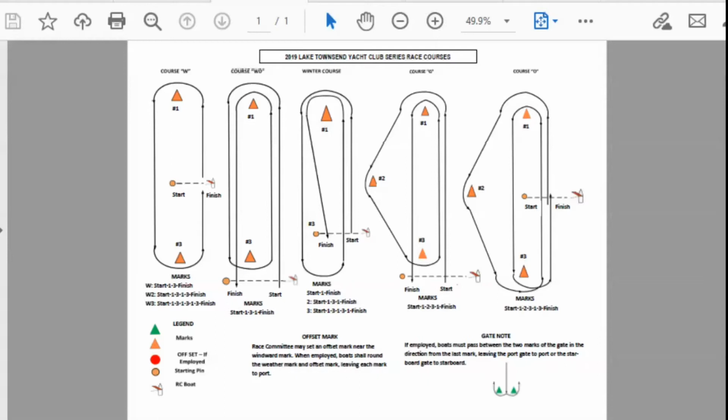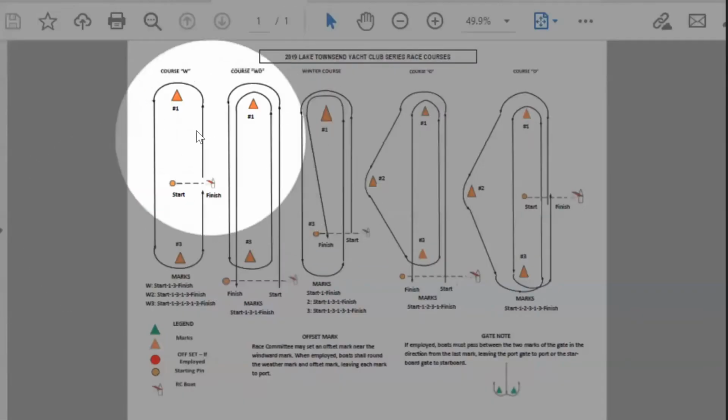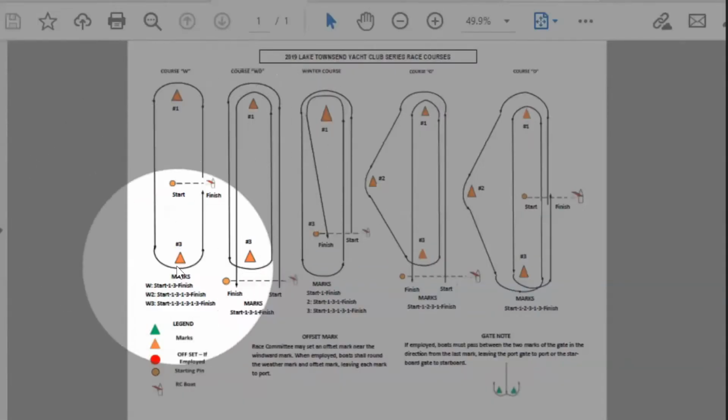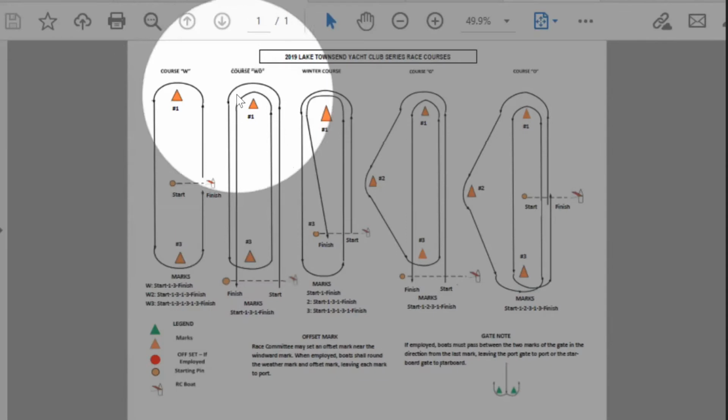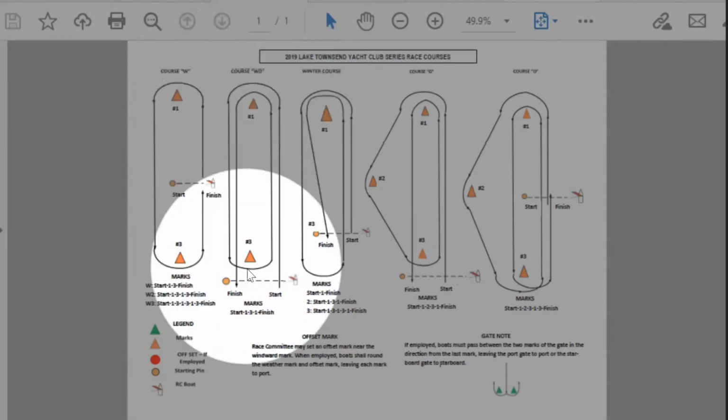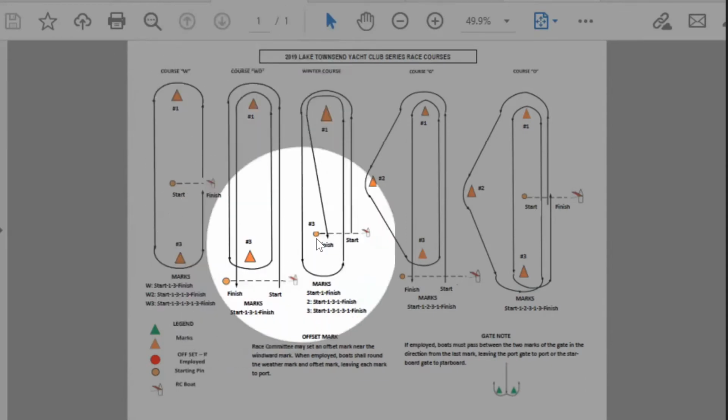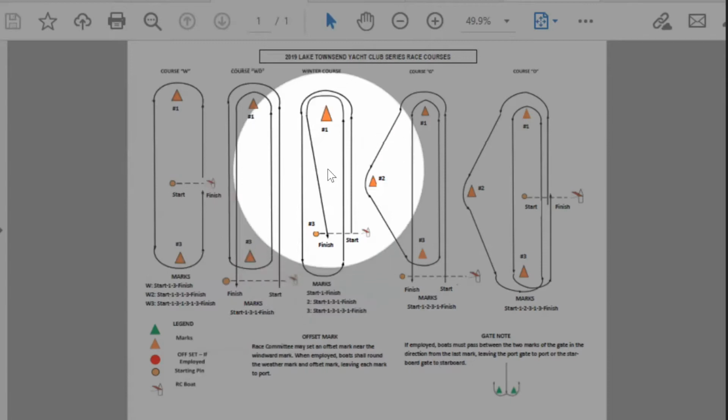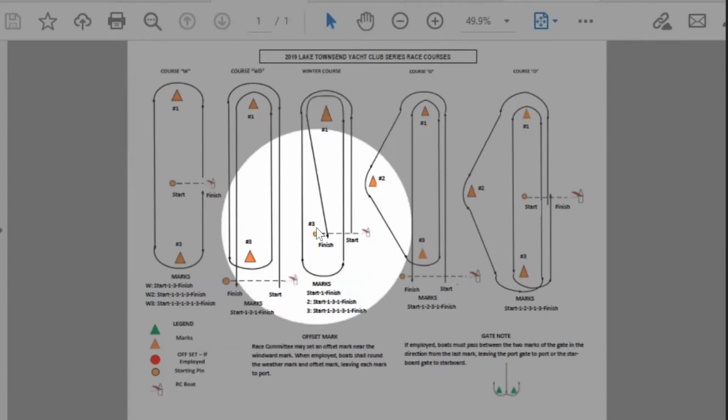These are Lake Townsend's courses, and you see they are very similar. There's the W course, which is a modified windward leeward. There's the WD, which is a windward leeward with a downwind finish. There's what Lake Townsend sails in the winter, where they actually use the start-finish pin as the leeward mark for